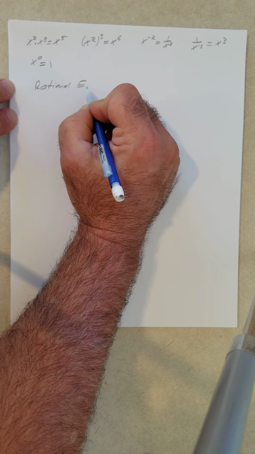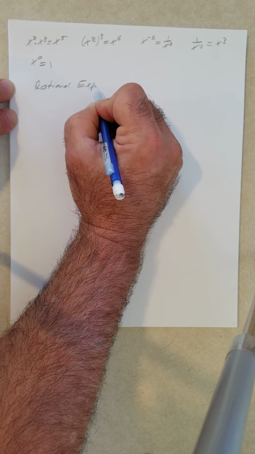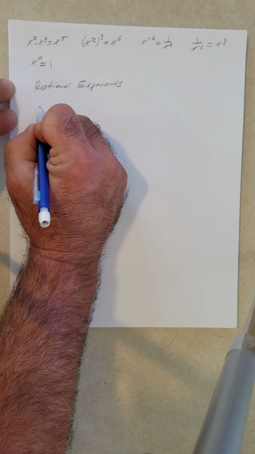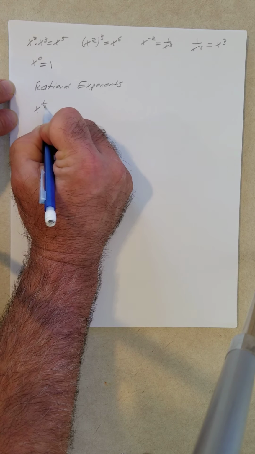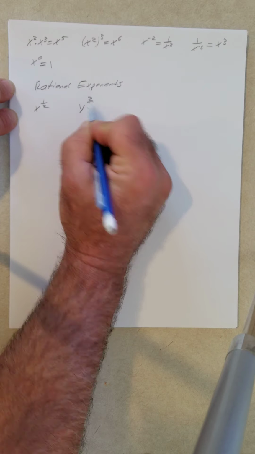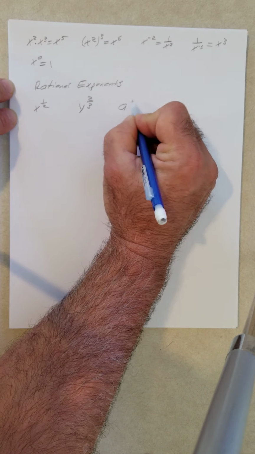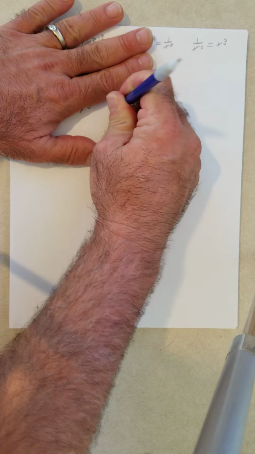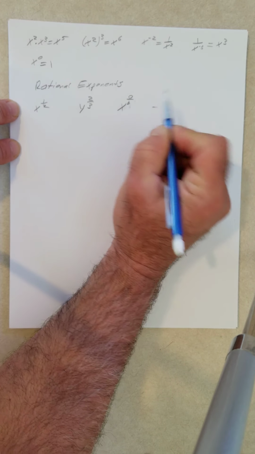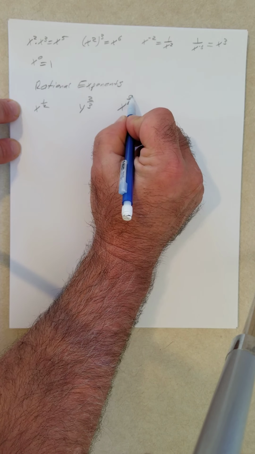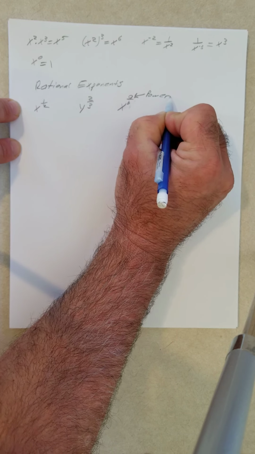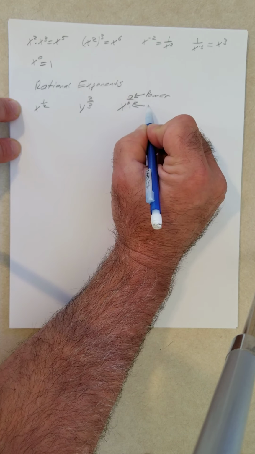And, of course, rational meaning fractions. So our exponents are not going to be integers anymore. We can have a fractional exponent as 1/2, or y to the 2/3. Basically, all it says is I have any base x raised to a fraction a over b. The a is going to be the power, and the denominator b will be the index